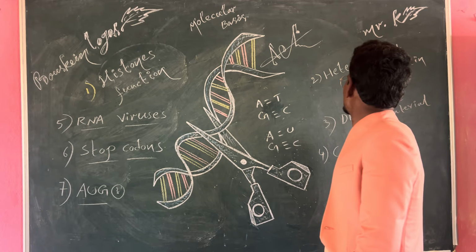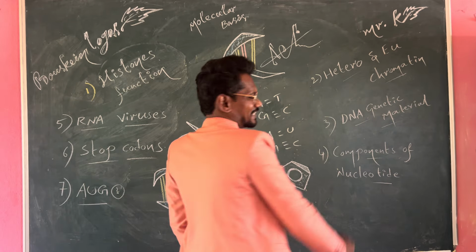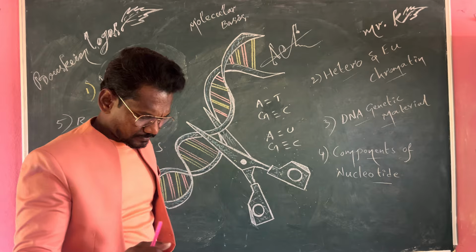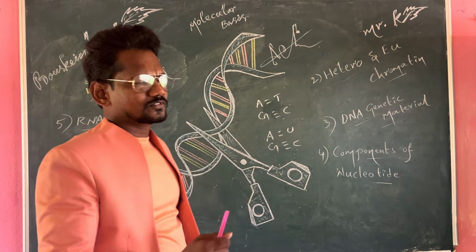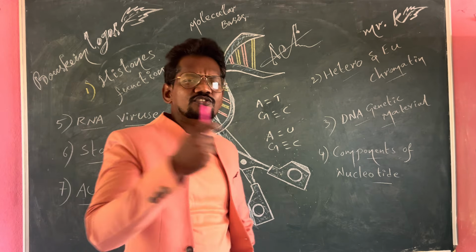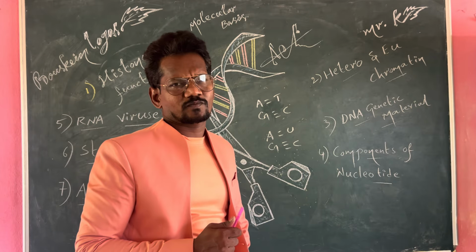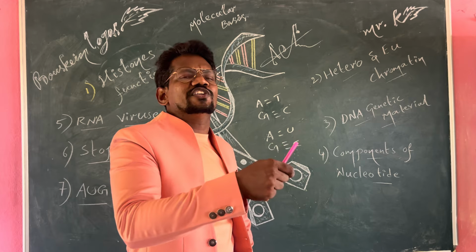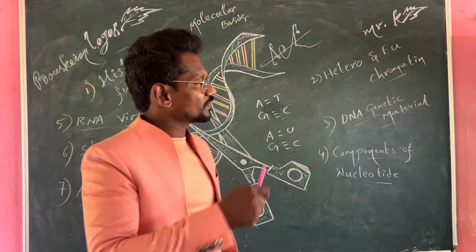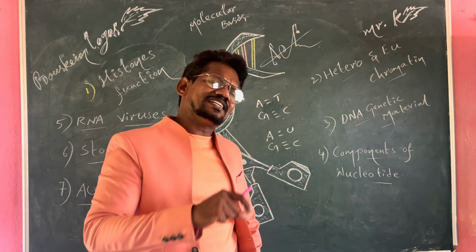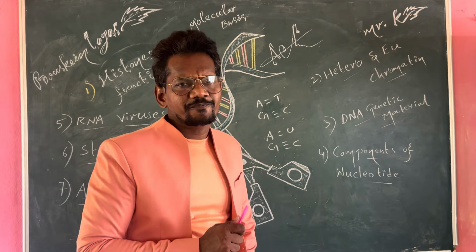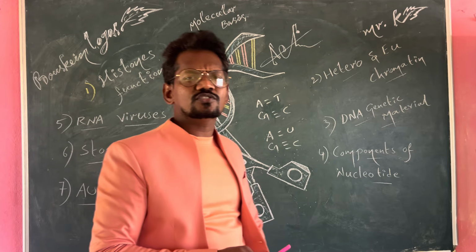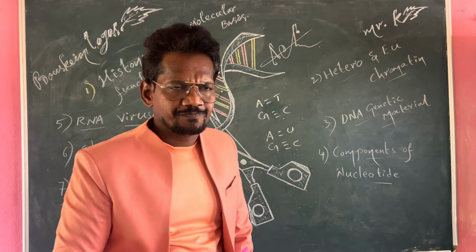Done. Followed by heterochromatin and euchromatin. What are those? Both terms are related to chromatin fiber, which is present in the nucleus, in the nucleoplasm. These chromatin fibers later are condensed and transformed into chromosomes. Here